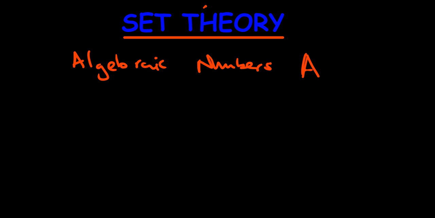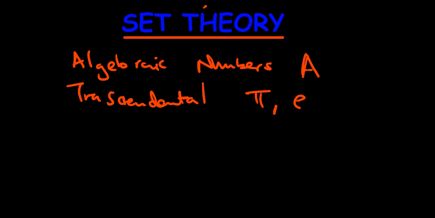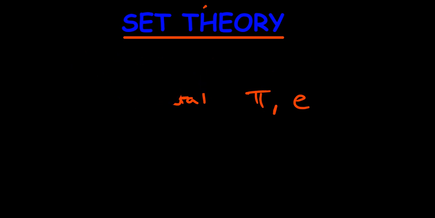And you have transcendental numbers. This is where you find numbers like pi and e, and all those. These are transcendental numbers. These are other forms of numbers, though they are not really of that importance. You just have to know them, but we won't use them in this course. We will focus on the first four we talked of,